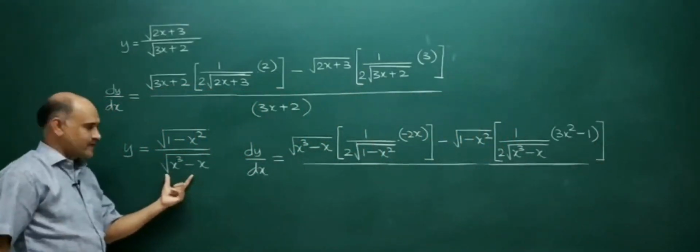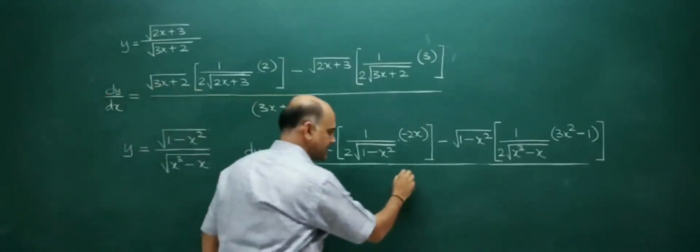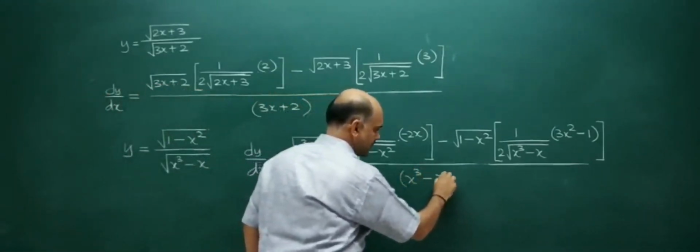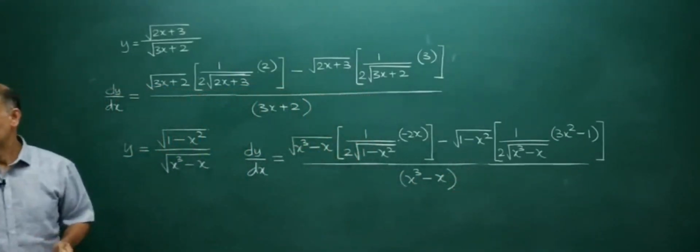If you square this, x cube minus x remains, the square root gets cancelled. So you'll have x cube minus x. Clear, students? Next you can try